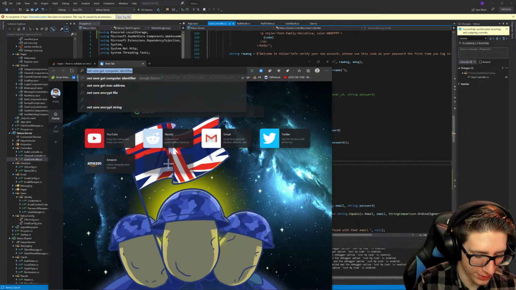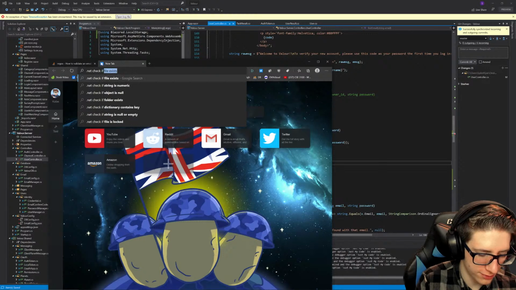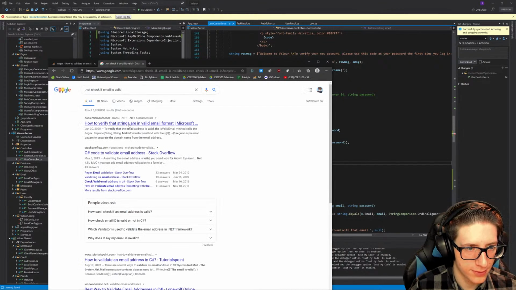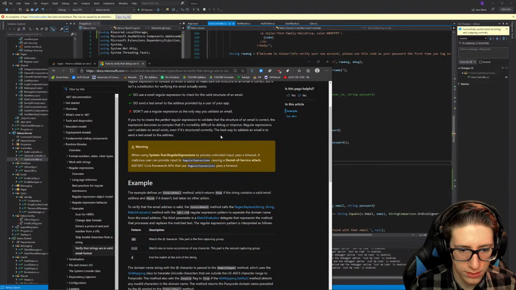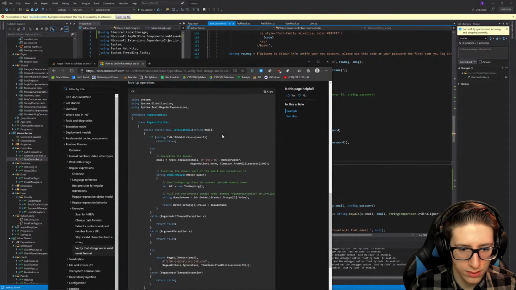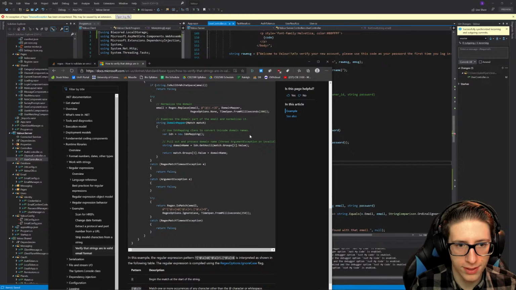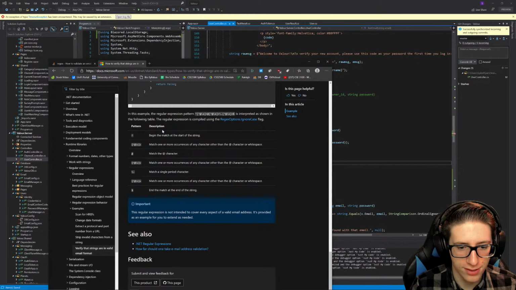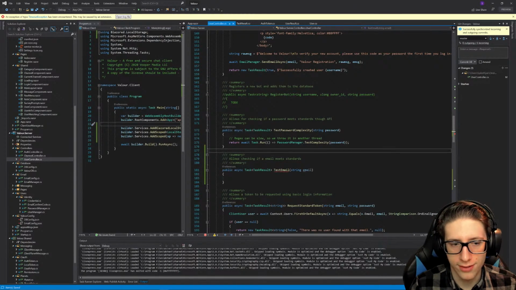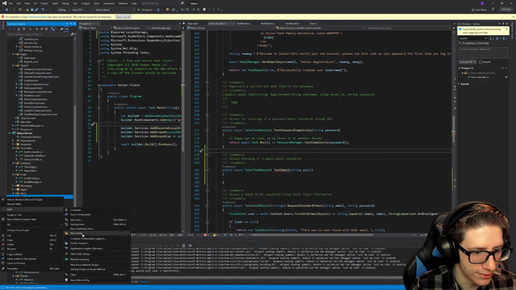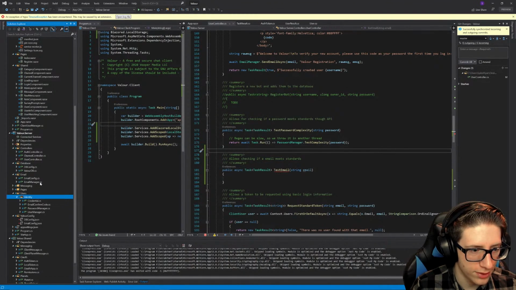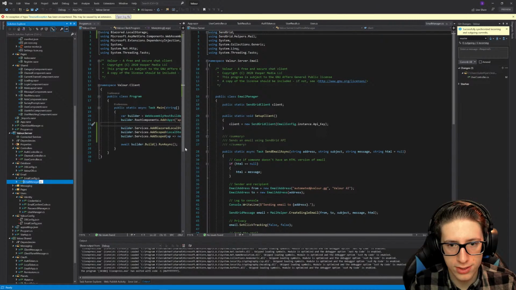Okay, let me see if this is built into C#. .NET, check if email is valid. Oh, they just made their own. Wow, it's kind of lazy, Microsoft, just showing me. Okay, whatever. I have a password manager, so I guess I'll just add a new one. Oh my god, we already have an email manager. Okay, so we'll just add a